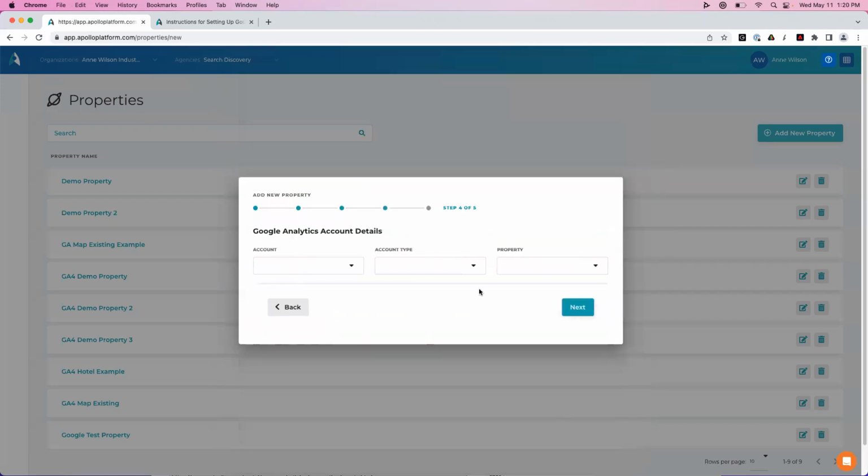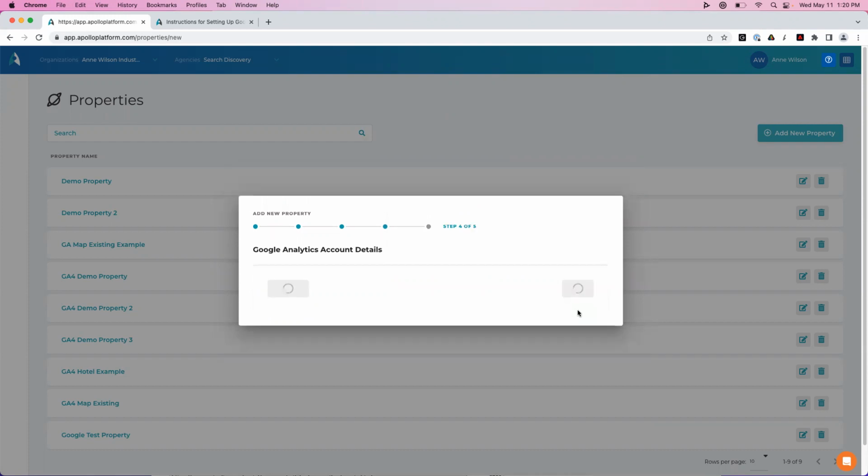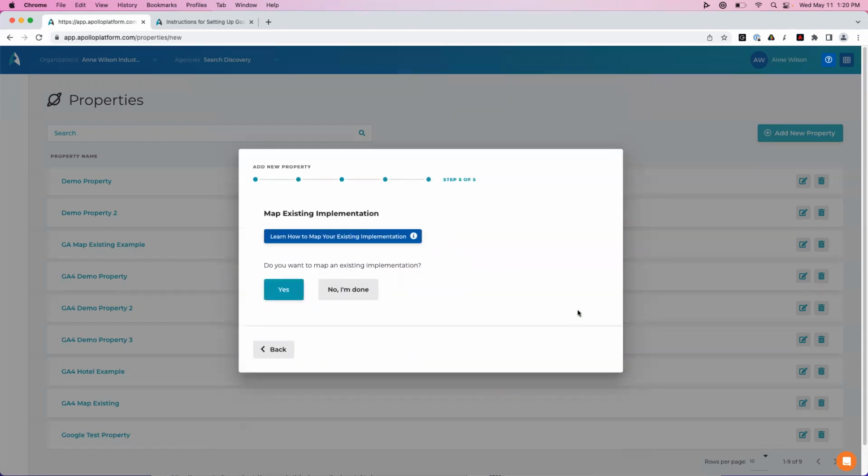So I'll hit Next. Then I'll select the appropriate account, account type, and property that are based on the access that I've successfully granted to that Google Cloud Platform account. So depending on where I plan to work, I'll select those details. I can hit Next once I've entered those, and then I'm prompted as to whether or not I want to